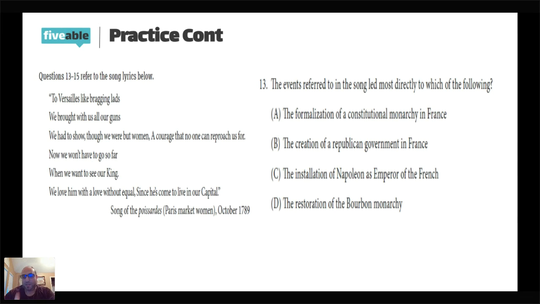Time period of the source, the author of the source, where is the source coming from? And then compare that to the question that's being asked. Using that, you should be able to go into HIPP very quickly. And remember, you don't have to have the H, the I, the P, and the P for all 7 documents. You only have to have one of them.